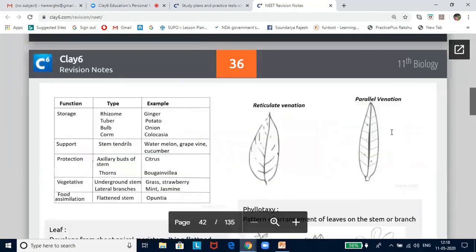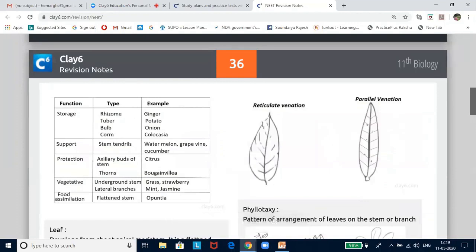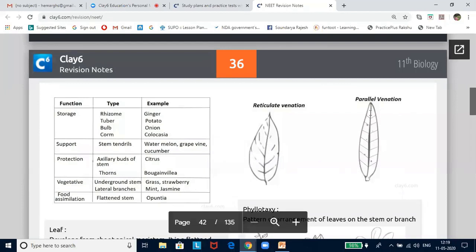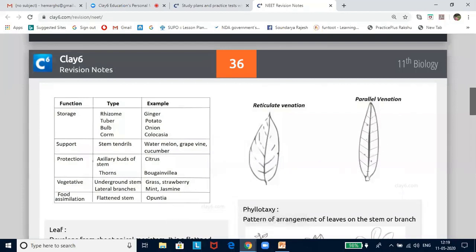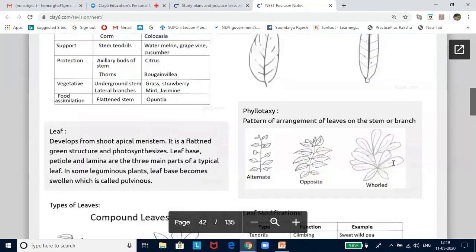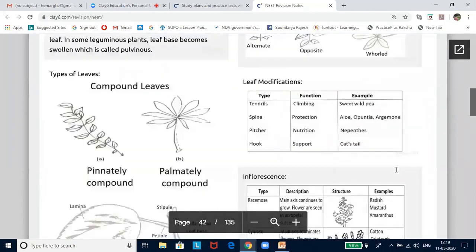Now let us look into venation. The two types of venation are reticulate venation and parallel venation. In reticulate venation, you will find a midrib, and from the midrib you find veins coming out. If you look at a dicot plant, you will be able to identify it very easily, because most dicot plants have reticulate venation. In parallel venation, the diagram will not have veins like this, but all the lines will be running parallel. That means you can't identify the midrib or the side lines. All will have parallel venation, and most monocots have parallel venation.